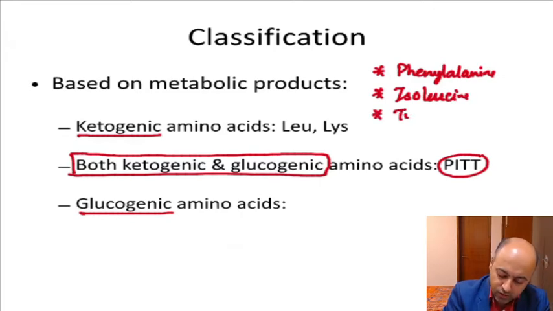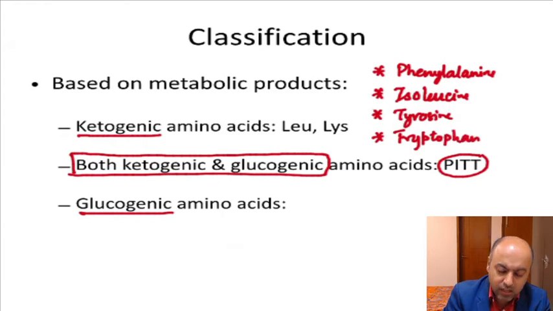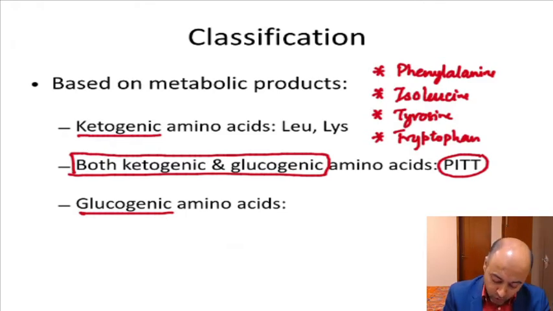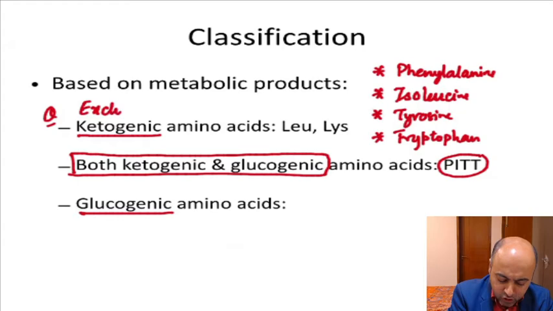T is for tyrosine, and another T is for tryptophan. So these are the 4 amino acids which are both ketogenic and glucogenic. On the other hand, the second important question which is asked is about amino acids which are